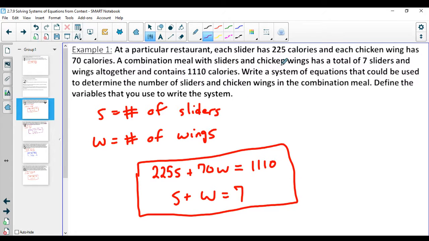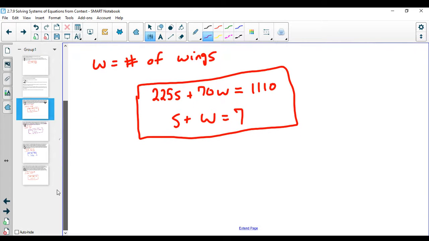And then here it says the combination meal had a total of 7 sliders and wings altogether. So if I put the number of sliders I have with the number of wings I have, I should get a total of 7 items, whether it's sliders or wings. And so after we have found that, now we have 2 equations, 2 variables we can solve, right? Except now,